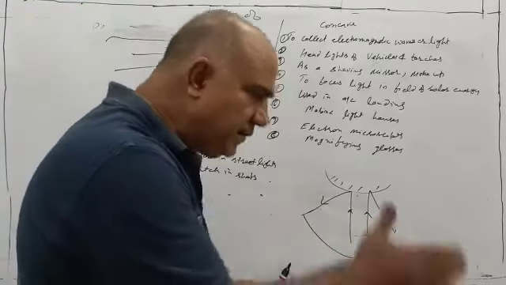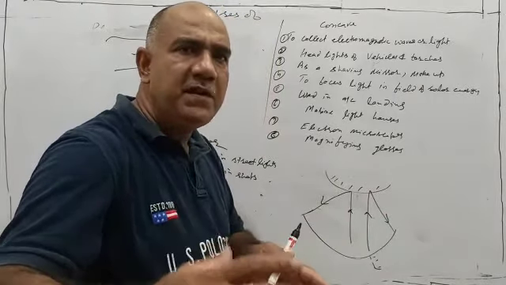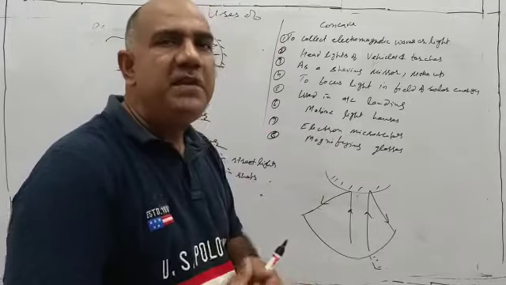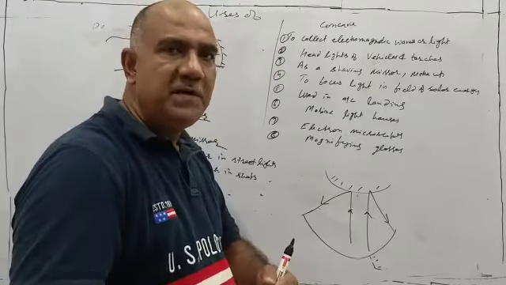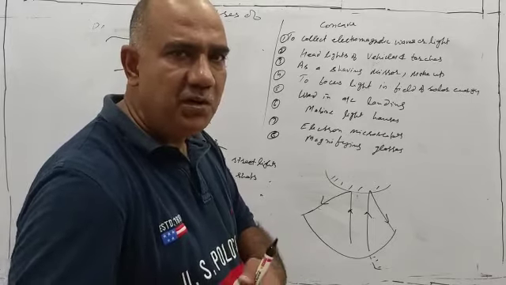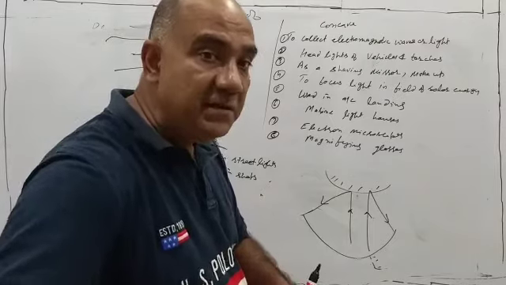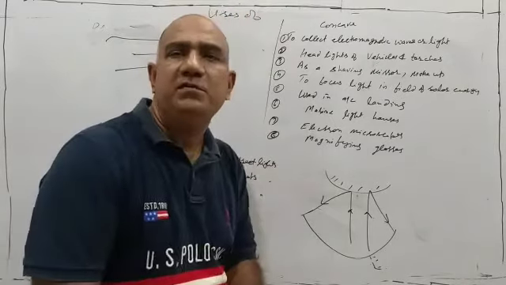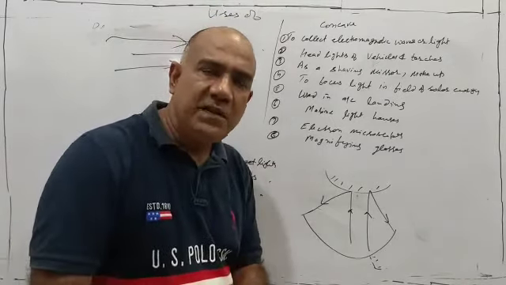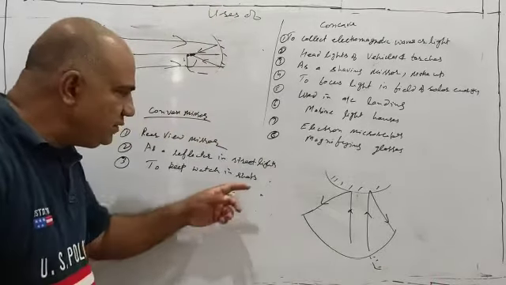Suppose you are moving in a vehicle, and the complete area where the possibility of a vehicle moving is there must be made visible to you. Not just the vehicle that is coming by the side of you. If it shows only that vehicle, and the vehicle coming by the side of that vehicle you will not be able to see, there is a chance of accident. So it shows a wider field of view, that is one thing.